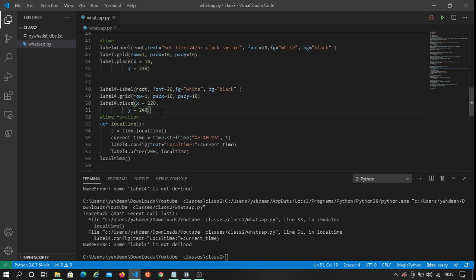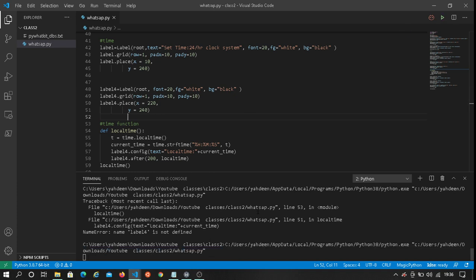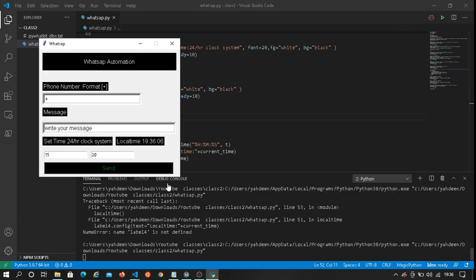You can't run another script before the others, so you must learn to do things correctly. As you can see here, local time, we have a clock that shows the time, the local time of where I am.